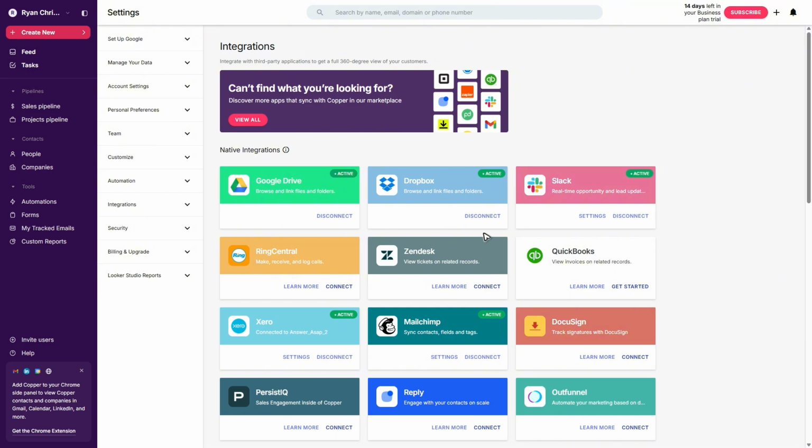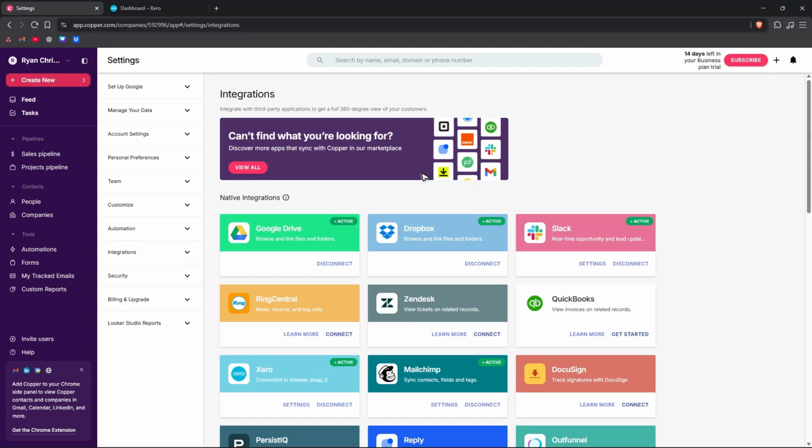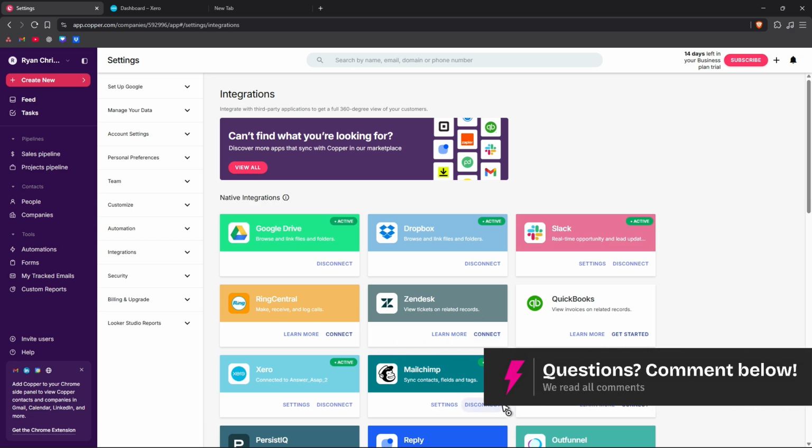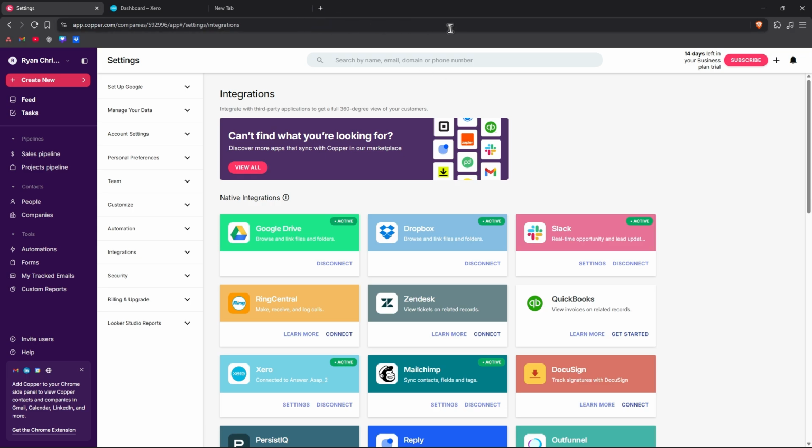As you can see, now you might ask, why doesn't it ask me to log in? Well, my Dropbox account is already logged into my browser. That's the same browser. That is why Copper right here automatically detects whatever accounts are connected to your browser. Same as my other integrations right here, I can just easily click on connect and it will automatically log me in,